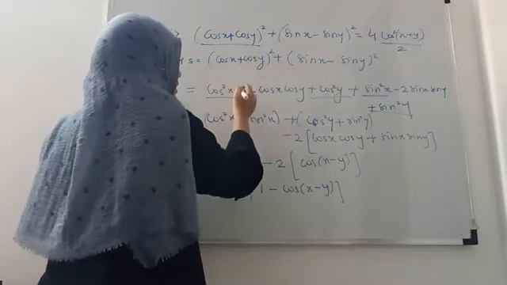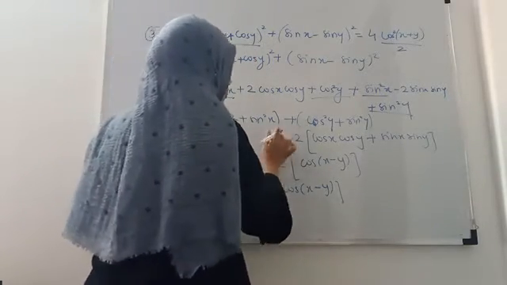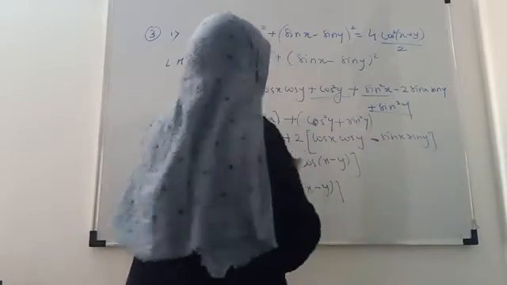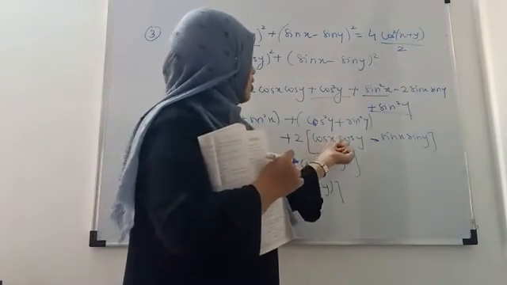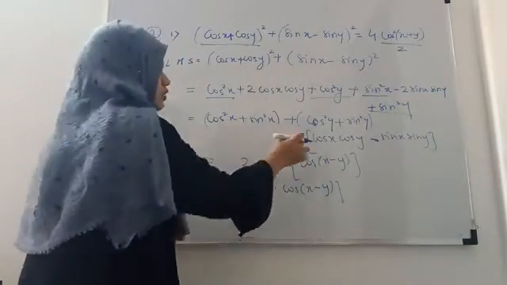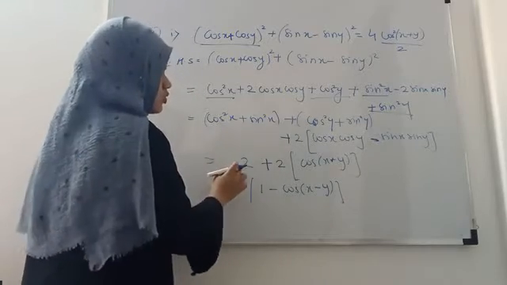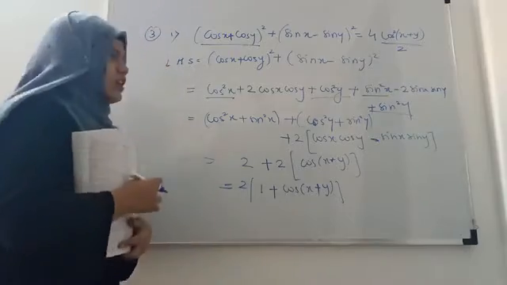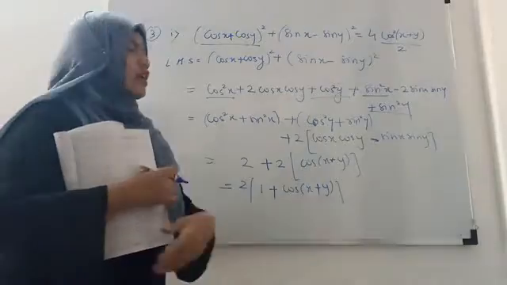So here also plus. Now here it should be plus sign, cos x cos y, minus sign. So since we are taking 2 common, cos x cos y from here and minus sin x sin y from here. So this is the formula for cos A plus B, and the plus sign is there. So here take out 2 common, so 1 plus cos x plus y. Please make the correction. So here the cos x plus y formula is there.